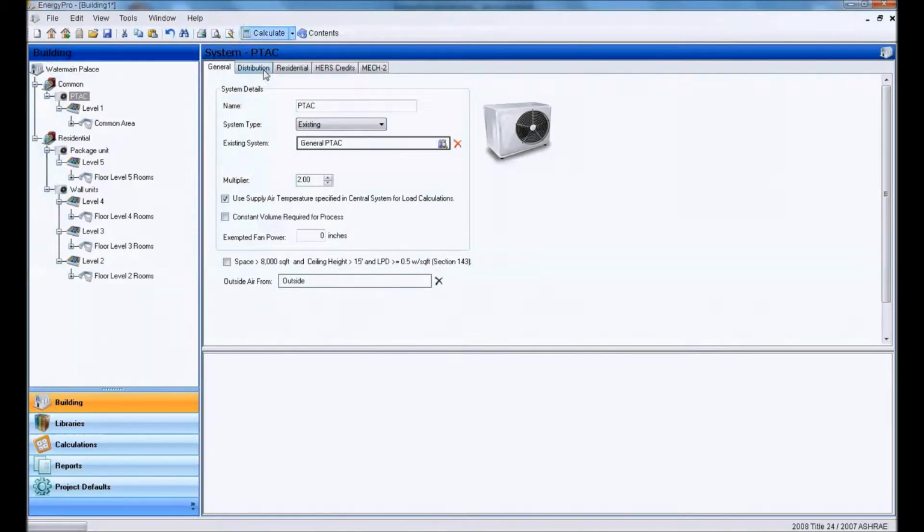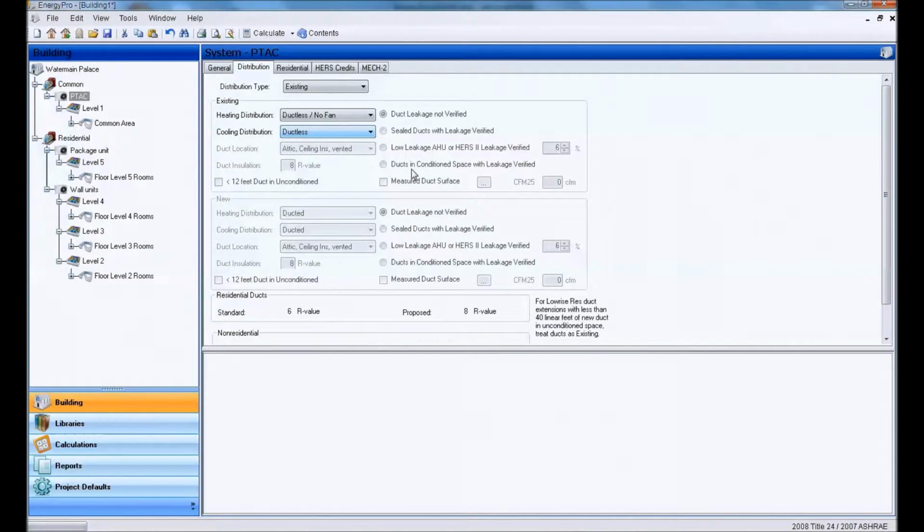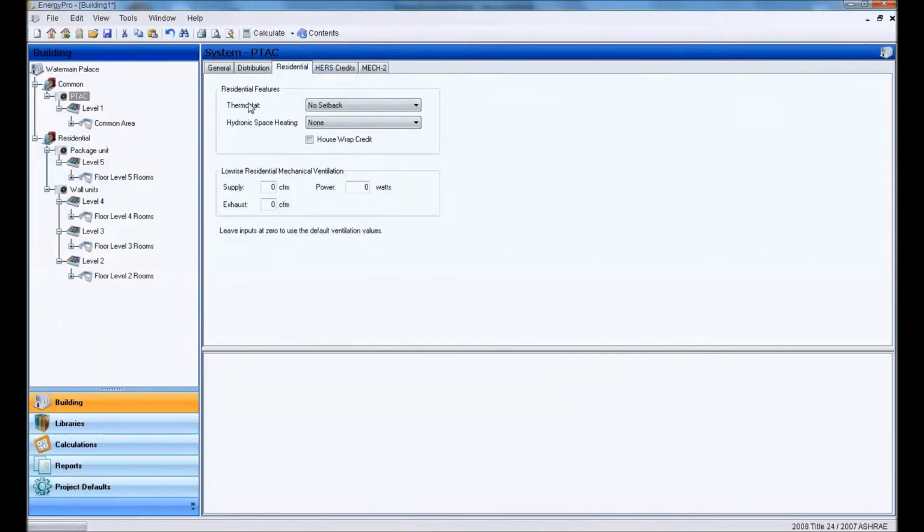Okay, so once we have that information in the general section inputted, we can go to our distribution. Again, it's existing. We don't have any ducts. It's no fan. And we have, again, cooling ductless. And this fan really relates to an air handler. But since we have a fan with our package terminal air conditioner, we're going to change that. Relatively small fan. This residential tab will put in information on our thermostat. Since there's no programmable thermostat, we're going to leave that as no setback. But if we did, we're going to set that as setback. We're going to ignore the living and the sleeping